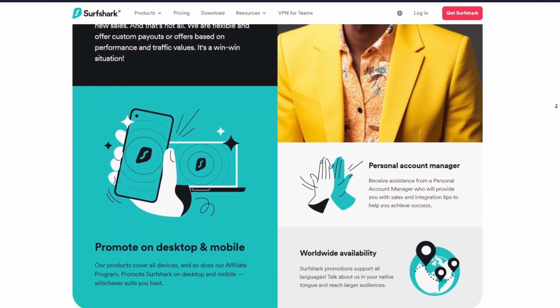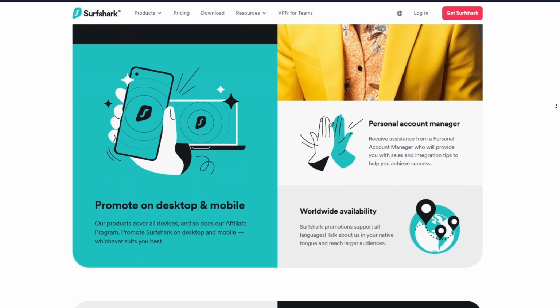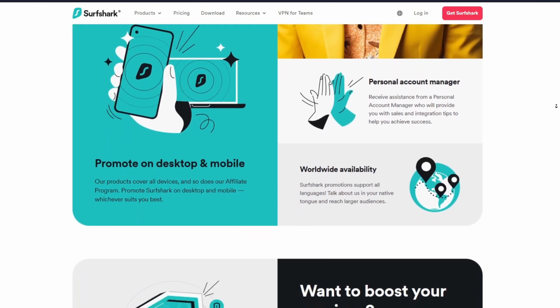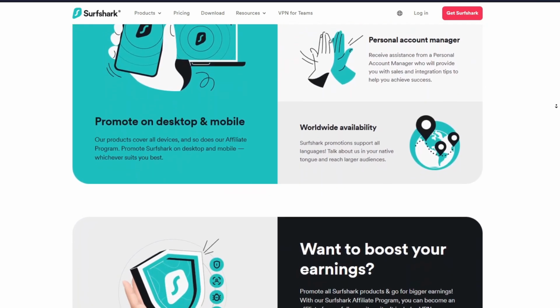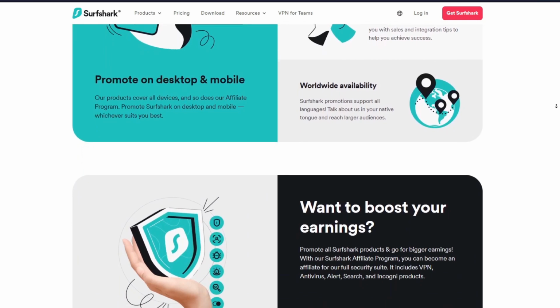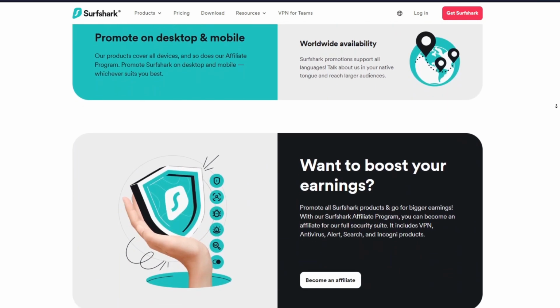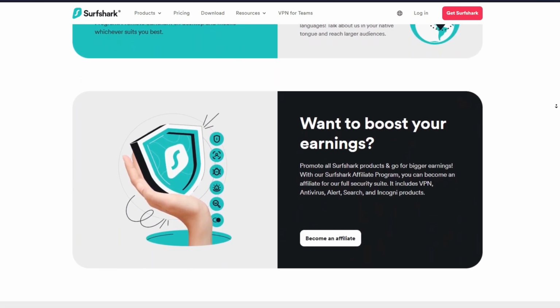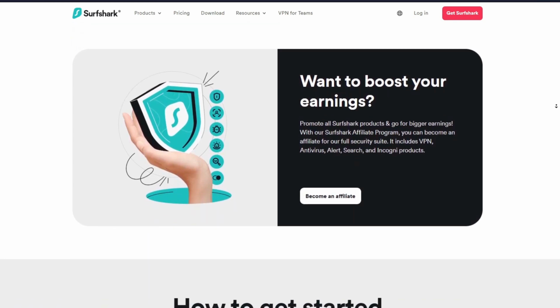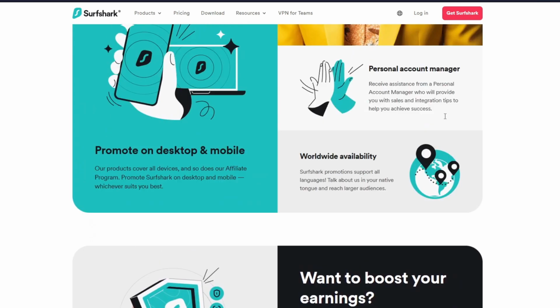Basically, in this guide, we'll walk you through the step-by-step process of signing up for the Surfshark VPN affiliate program and on how you can maximize your earning for their program right here. And so the first step is navigating through the Surfshark affiliate page. It is